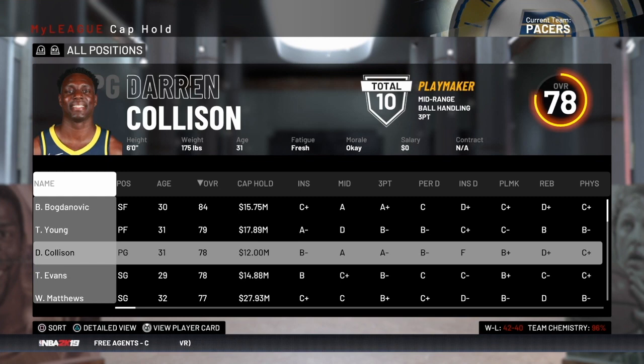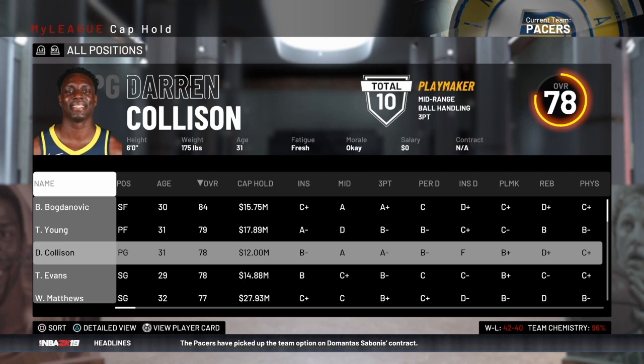But then if we went over and we tried to sign JJ Redick, who wanted $13 million, well, we couldn't do that because it would put us over the cap. So we would be limited, and so we'd only be able to sign Collison in that case. However, if we had a $100 million salary cap and we'd already committed $85 million in salary to other players on our roster and there was no cap hold, then we could go sign JJ Redick to his $13 million